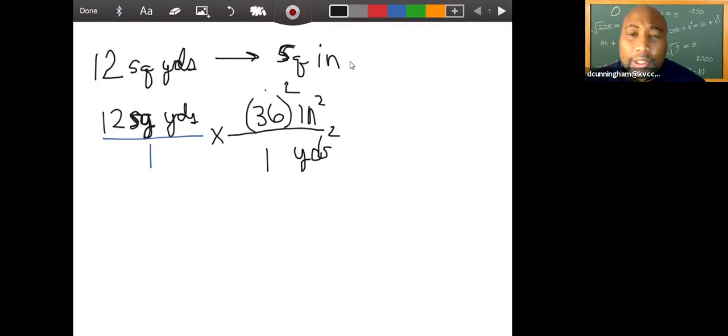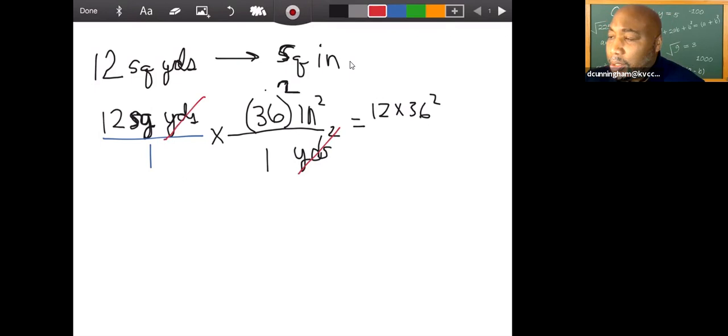So don't use 36, you use 36 times 36. Again, this has to do with the square area. And so this will equal 12 times 36 square. Now notice that the yards cancel, yard square, excuse me, and we're into inches square. Now, if I multiply 12 times 36 square, I believe we get about